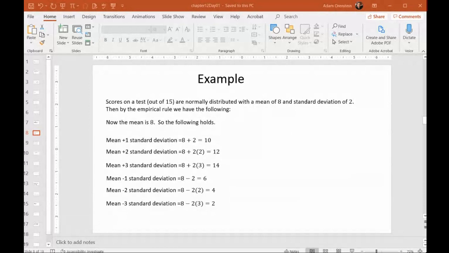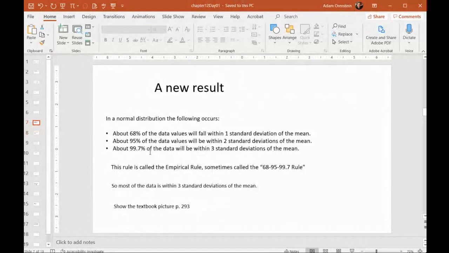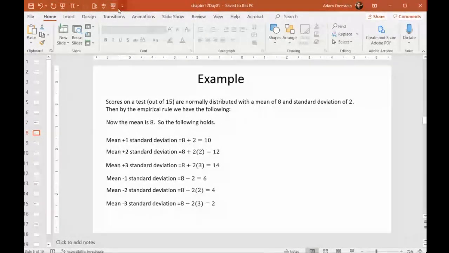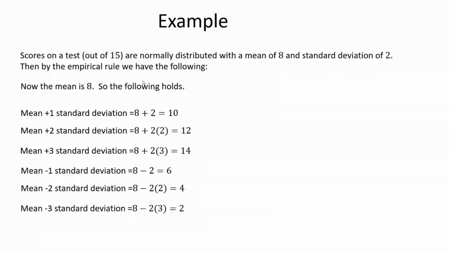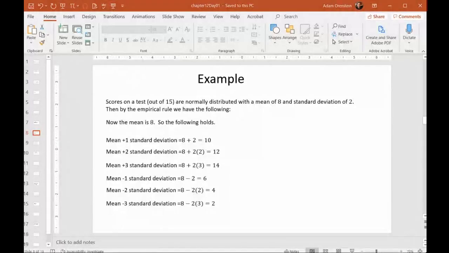So this would be an application with that theorem, with the empirical rule. It is technically a theorem, but we call it the empirical rule. Okay, so basically, let's suppose I gave an exam in another class. The exam was out of 15. And let's say